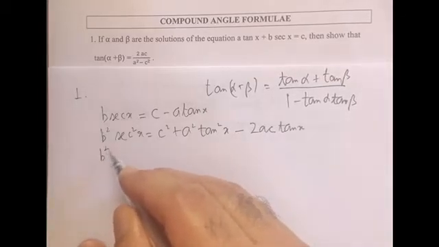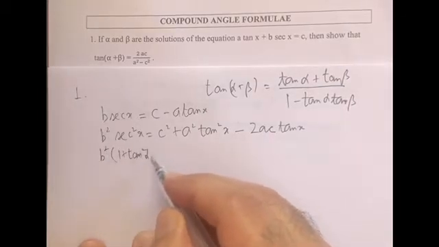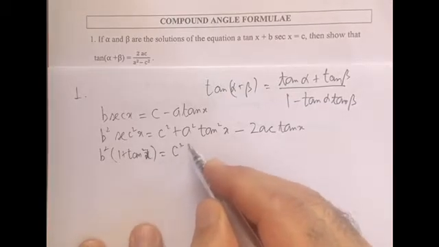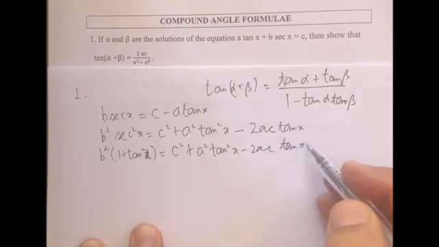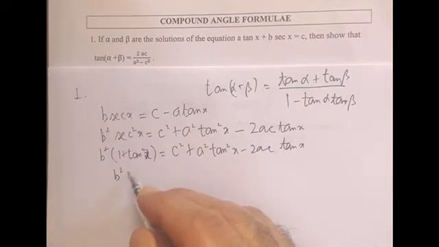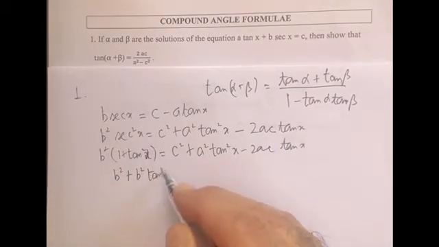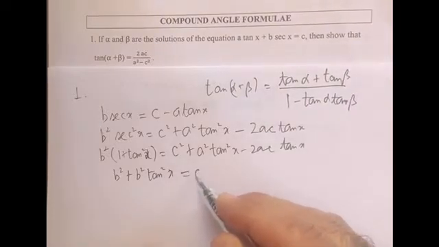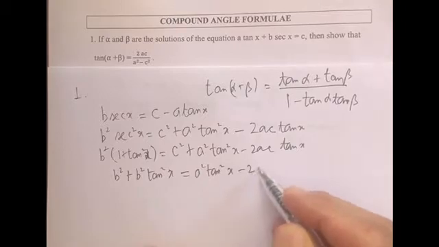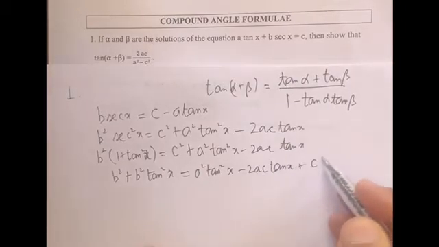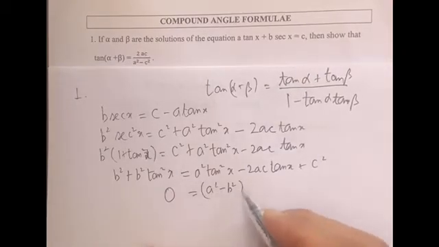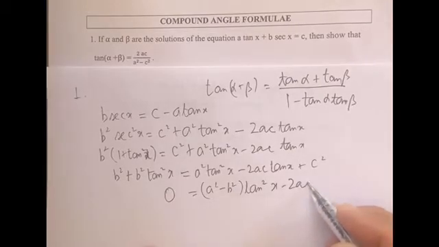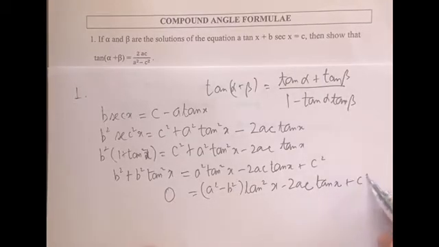Secant square of x is 1 plus tan square of x. This is c square plus a square tan square of x minus 2ac into tan of x. b square, this is tan square of x, and this is equal to a square tan square of x minus 2ac tan x and plus c square. Shifting all the terms to the right hand side, this is a square minus b square into tan square of x minus 2ac into tan x and plus c square minus b square. This is, can we say,